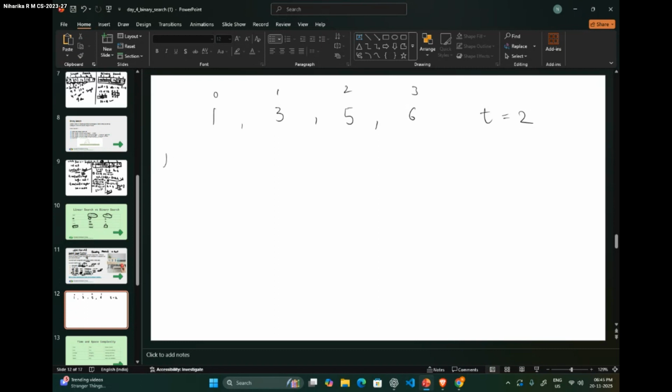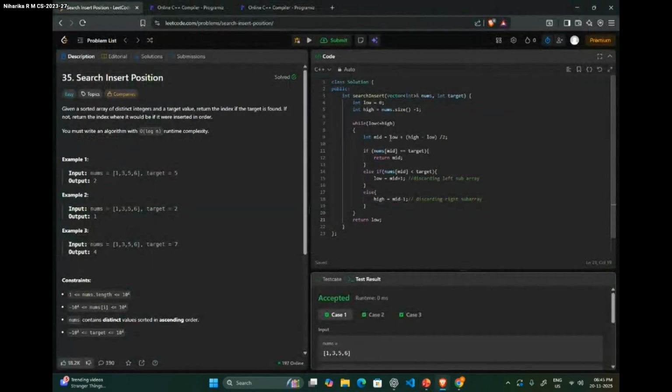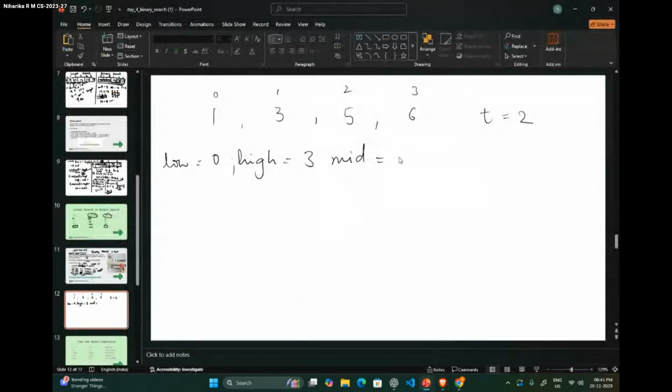So basically our low is equal to 0, high is equal to 3, and mid is equal to, okay, I'll tell you guys why I used this instead of low plus high by 2. It is usually the same, guys, but sometimes the system might throw an error, and I'll tell that example here also.